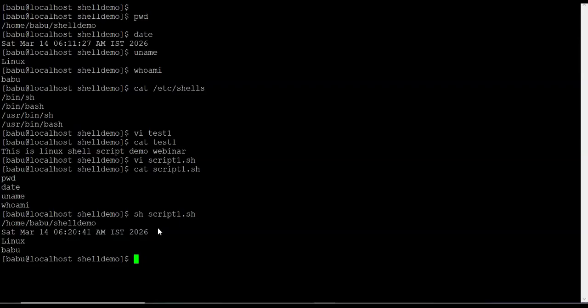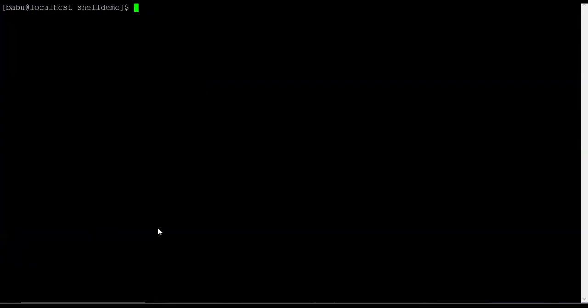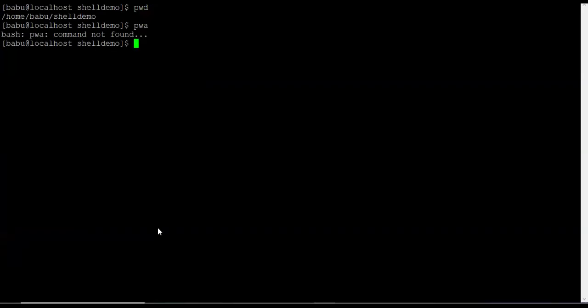But now, a simple question here. Let's say I'm executing the command pwd. Okay, I got the output. But again, I'm executing pwa. We got an error saying bash: pwa: command not found. Anyone here, if you're already using Linux, why this error message? First thing. And second thing,